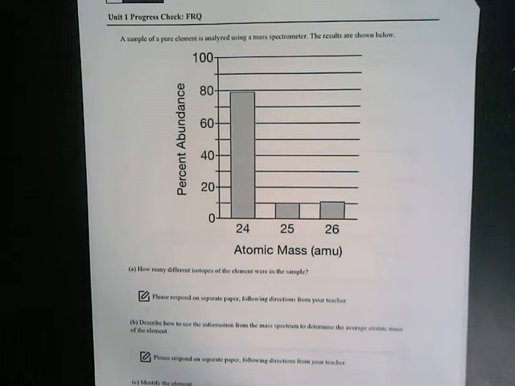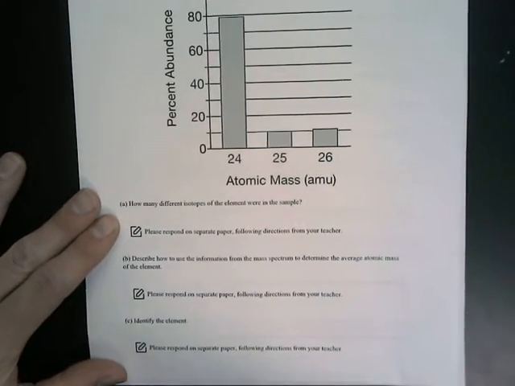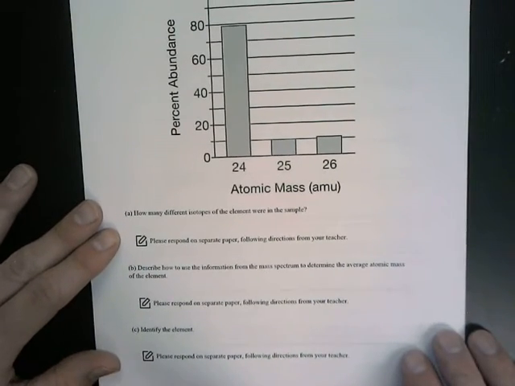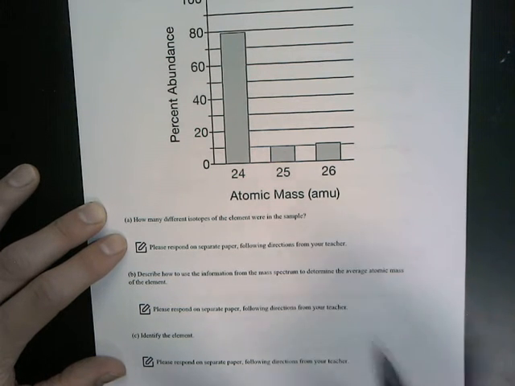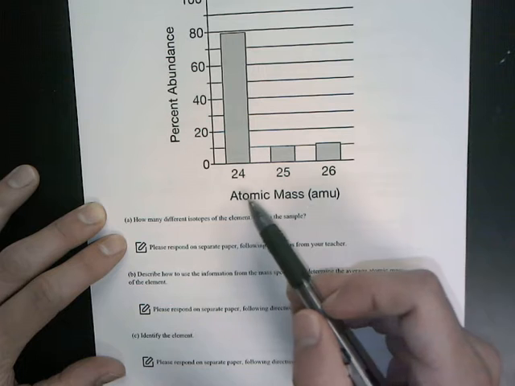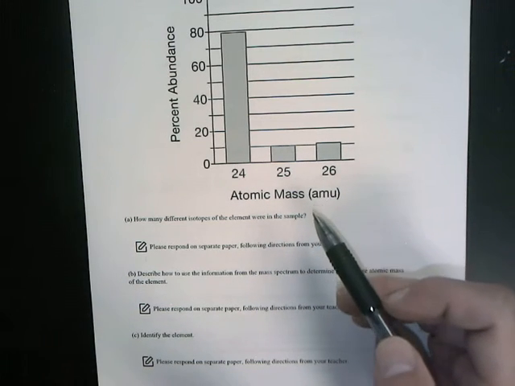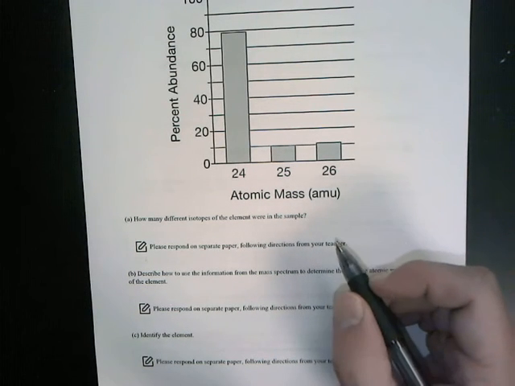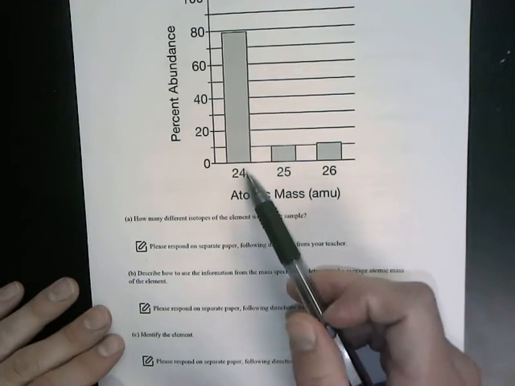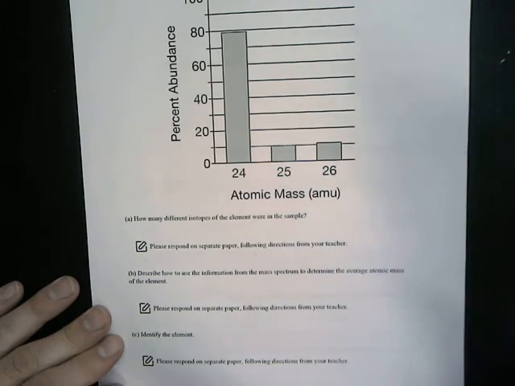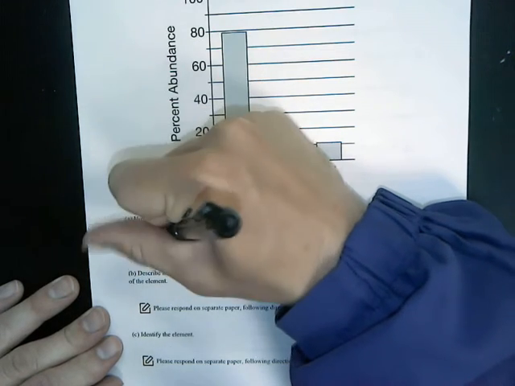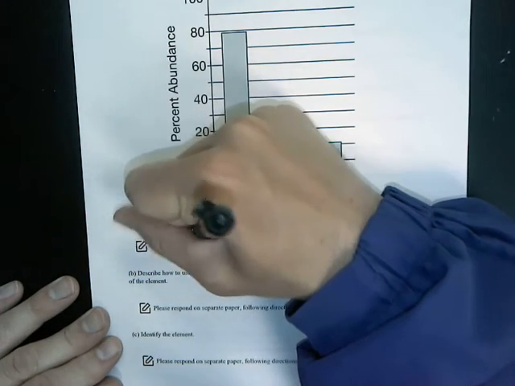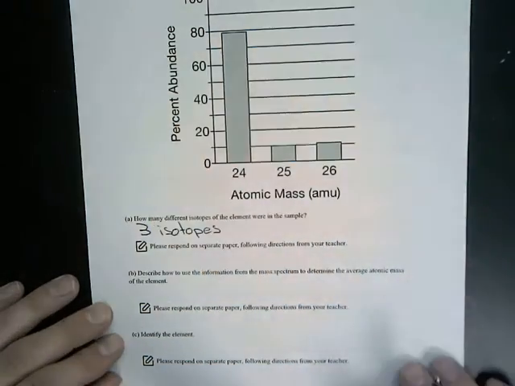And so question 2A says how many different isotopes of the element are in the sample. Well, the number of isotopes is going to be represented by how many atomic masses were found. So because we have 3 different atomic masses, there are 3 different isotopes. So all we need to do is answer 3 isotopes. Okay. Now,